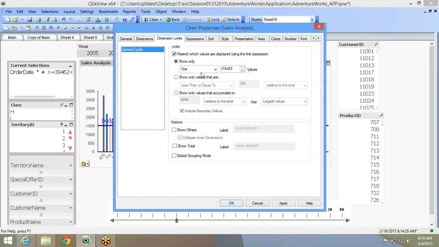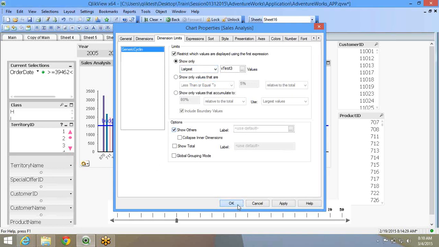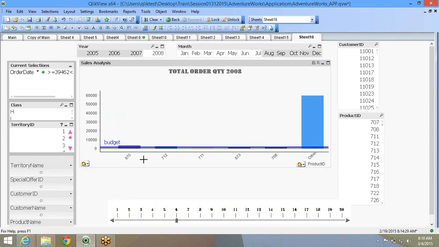Now while you're doing the show first, like you can say largest of 10 values or whatever values, you can also have a bar, say show others. So this will show a separate bar. Suppose now I chose to show 6 bars. The first 5 are basically the top products. The 6th bar is showing the cumulative sum of the remaining product IDs, just for you to get a feel.